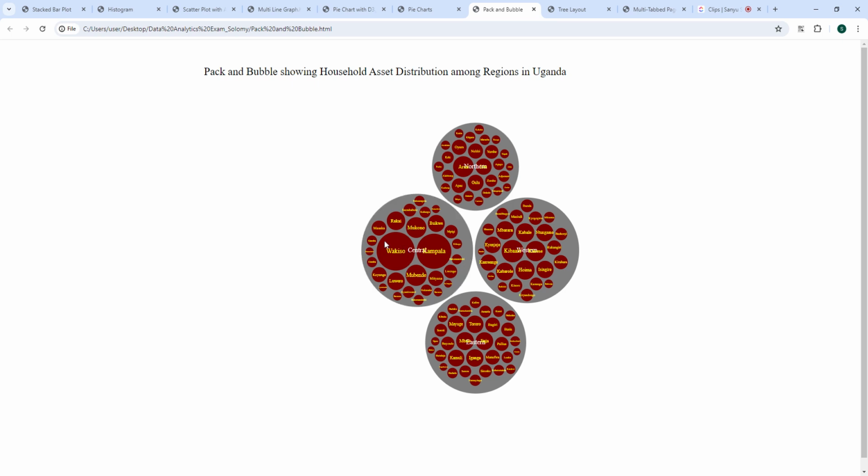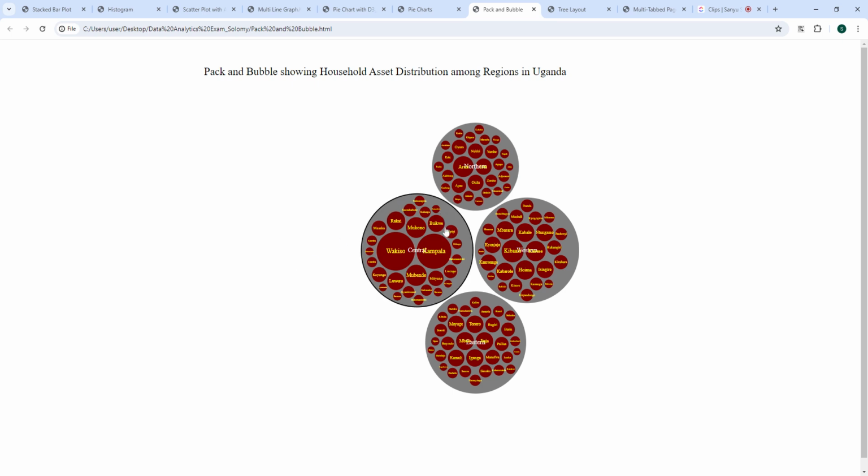Central had 4 million of the household assets. Then western had 3 million. Then Eastern has 3,486,628 household assets. When you look at these clusters, they have small lymph nodes, and the lymph nodes are the districts found